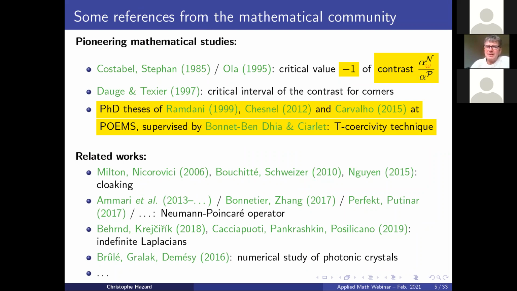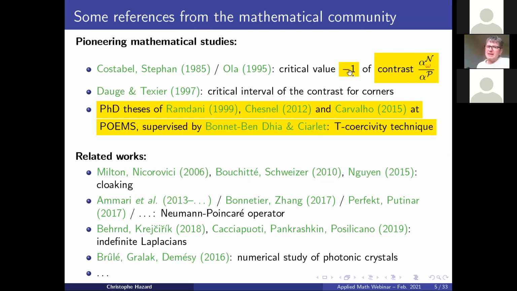They were actually the first who exhibited the fact that the role of the contrast is the ratio between the coefficient alpha in the negative material and this coefficient in the positive material. And they showed that, not in the context of cavities, but for scattering problems,